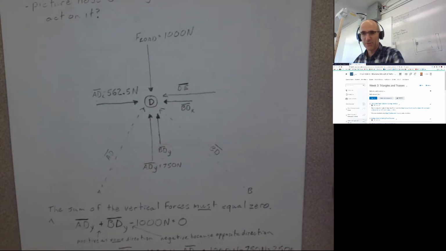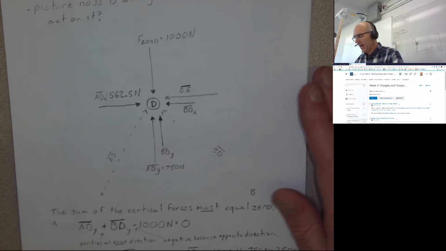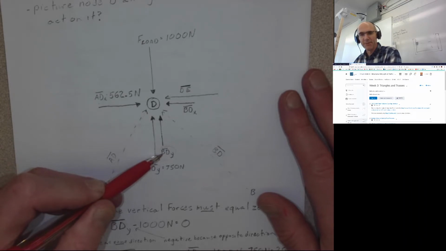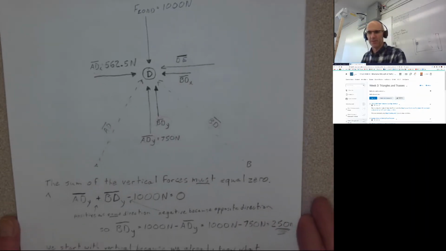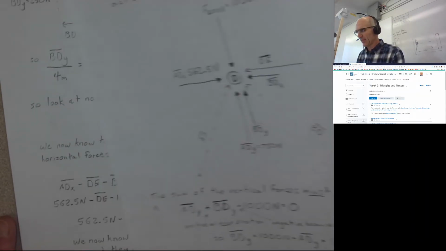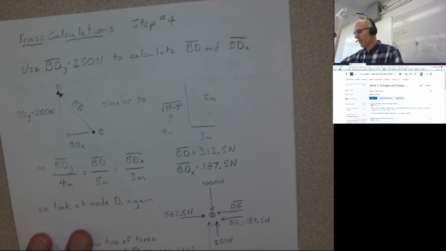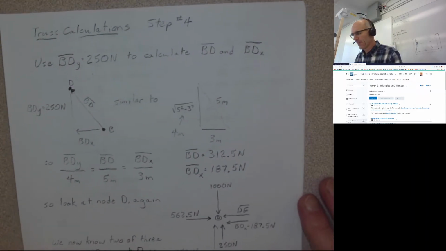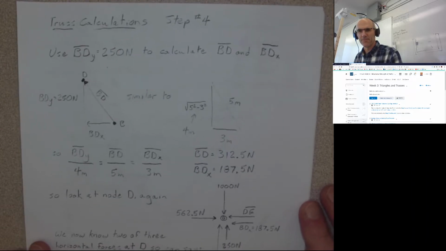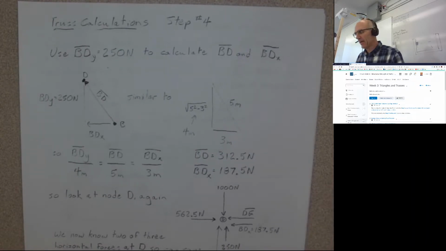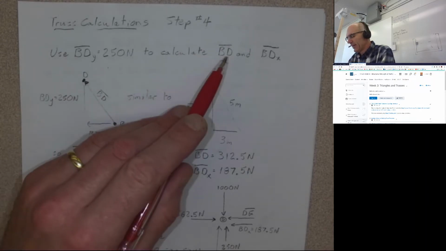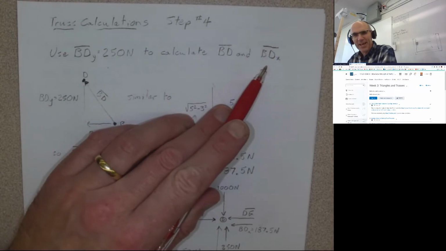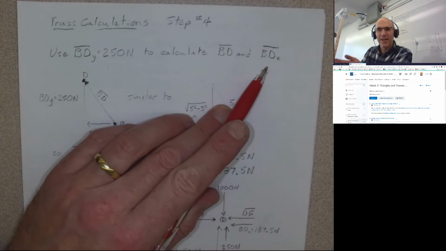It's not so different from what we've already done, and that tells us what BDY is. Critical step in the next step that we're going to go on to. So BDY is going to be 250 newtons. Now, step number 4. We use BDY at 250 newtons to calculate BD and BDX, just like we did on the previous half